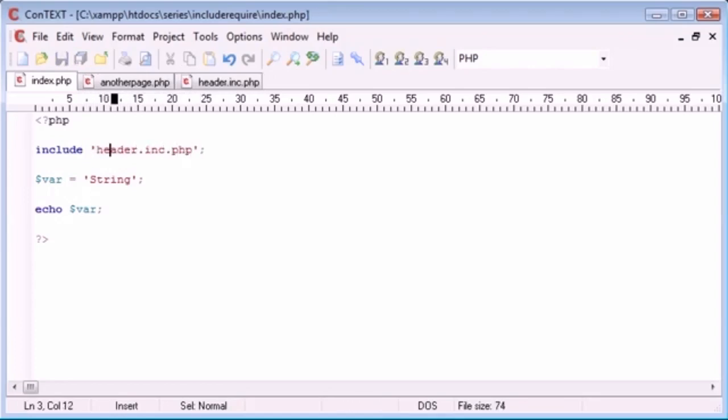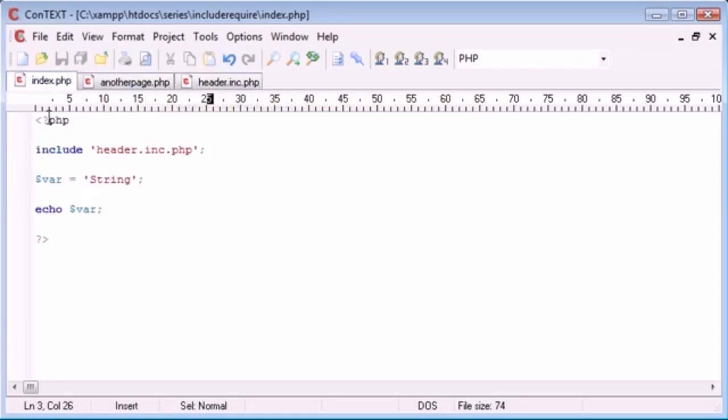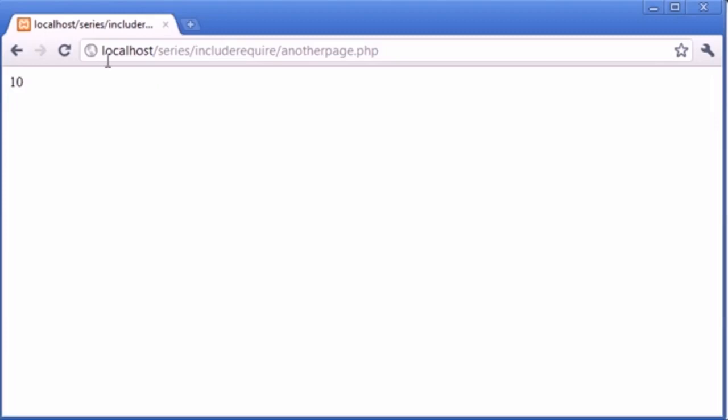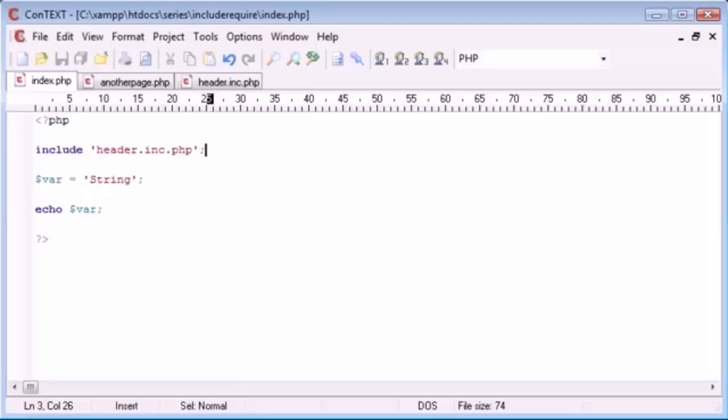header.inc.php. If it was a directory before, I'd do that. If it was in another folder, I would do that. So wherever your file is, in this case it's in the same location as these two pages, in the same directory. So now what I've done is, if I go back to the index page, I've actually included this file in the top of my page